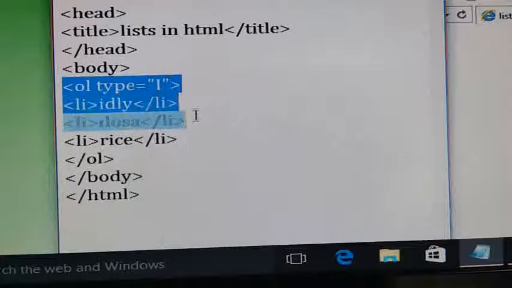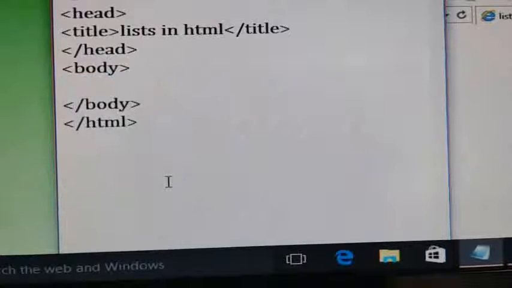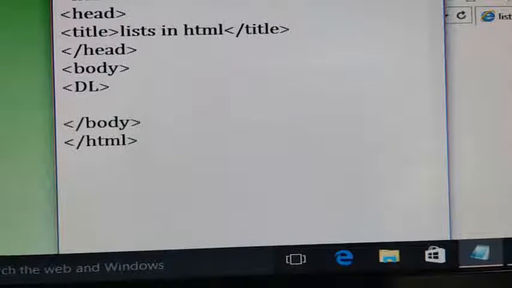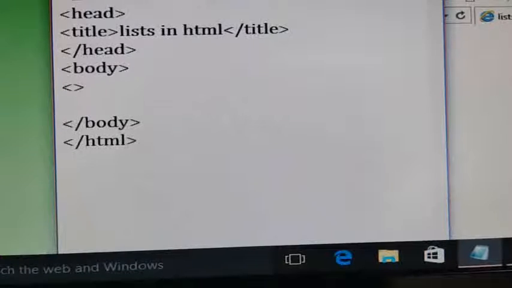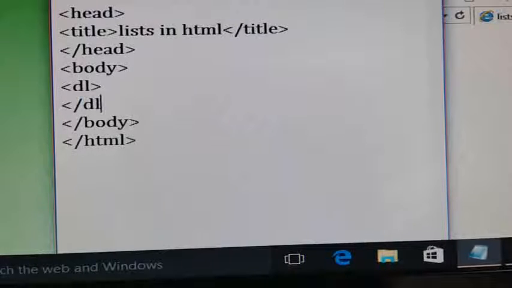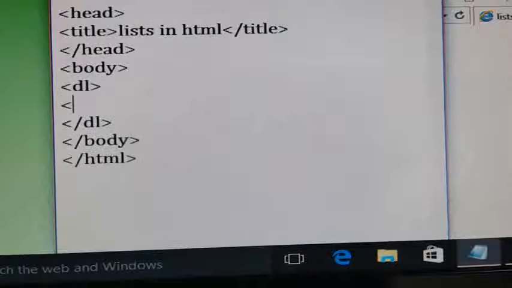as I already explained, definition list starts with DL opening tag and, see, you try to give all the tags in lower case, and it ends with DL closing tag. Now, DT, to which word you want to give the definition?